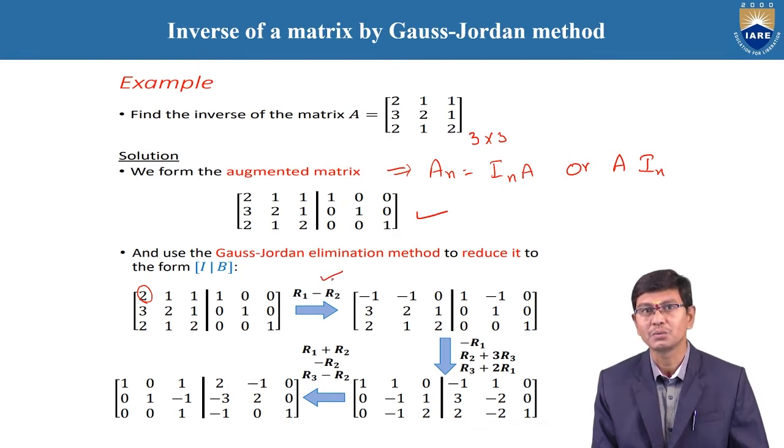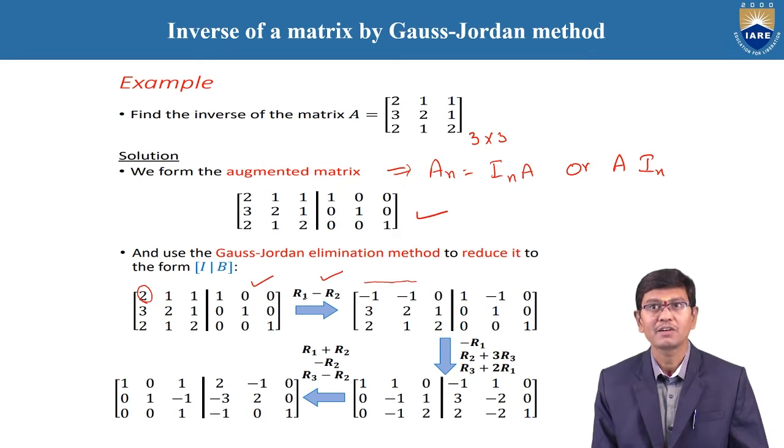and based upon that application of R1 minus R2 on the given matrix 2 1 1, the first row is changed to minus 1 0 by using R1 minus R2. The second row and third row are the same as they are, because we are not applying anything on the second row and third row. Therefore, the second row is 3 2 1 and the third row is 2 1 2. Again, whatever we are applying like R1 minus R2 on the given matrix, according to the Gauss-Jordan method, the same row operations we need to apply on the considered unit matrix.